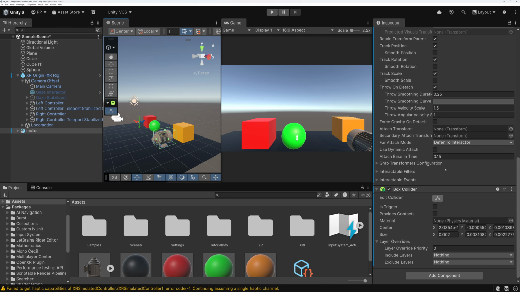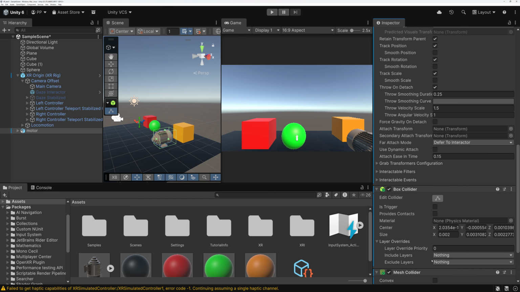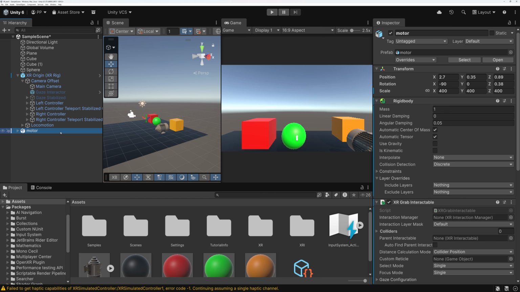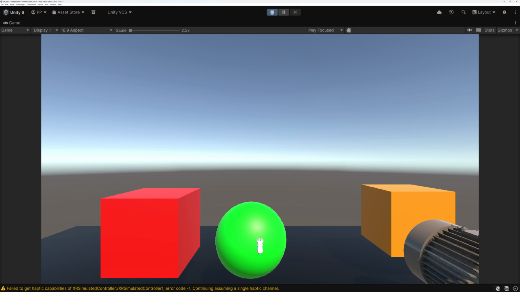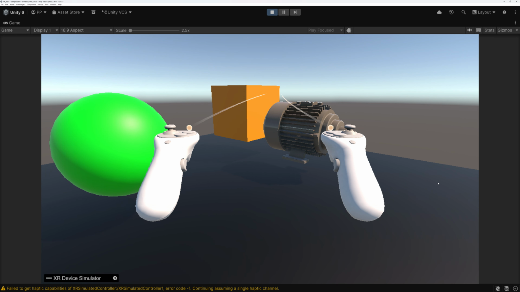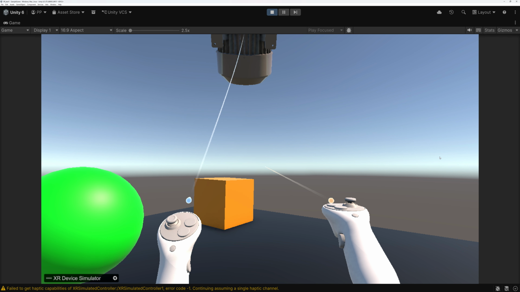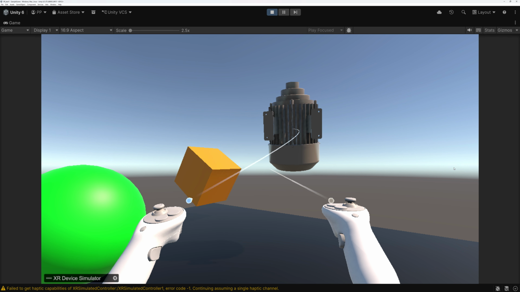All right. So I think we don't need a mesh collider also, but we can always have it. Mesh collider. Right. All right. So now let's try whether we are able to grab it or not. All right. So here I am. And yeah, it's there. So motor is